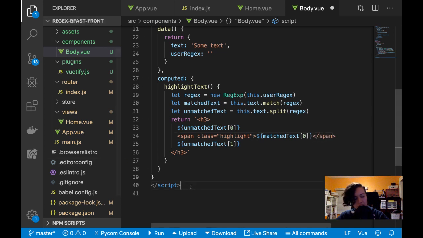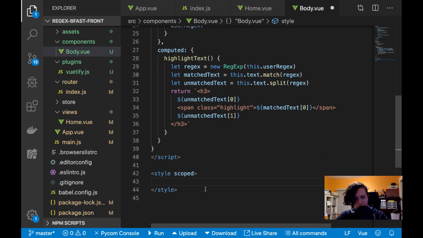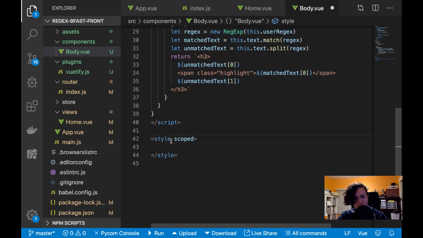And then down here, I'm gonna do a style, a scoped style, and I just prefer Sass. So a scoped style, and I'll do highlight, which will be, what will it be? I guess just,